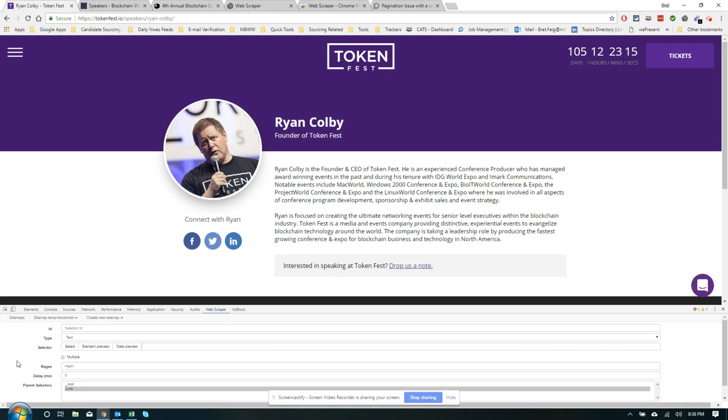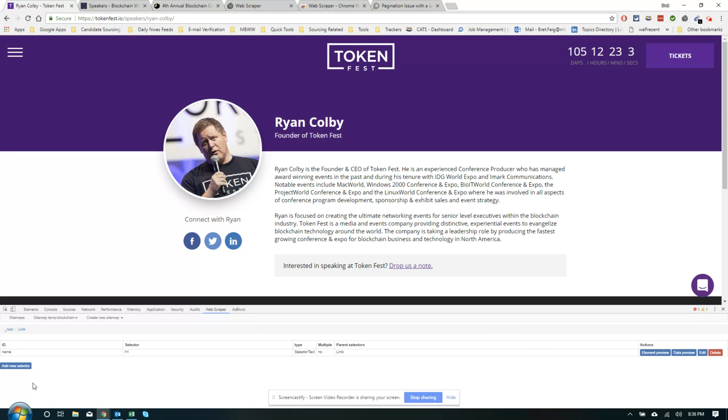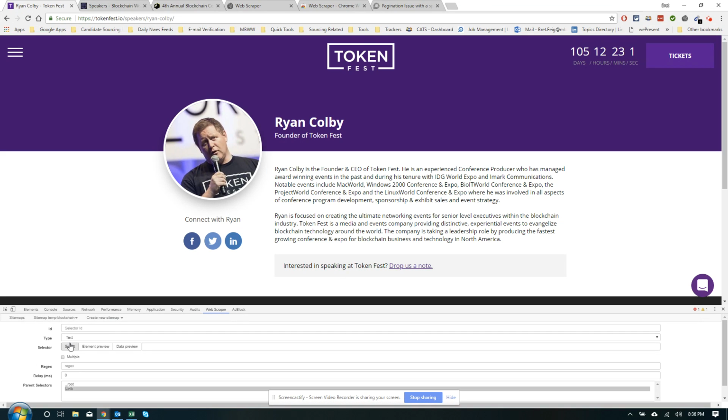So I'm going to add an element. It's going to be a text. So I'm going to go for the name, found it, H1, and I'm going to name it name. Again, I'm going to scroll down, just save it. Add another selector. It's still going to be a text. We're not changing that. I want to get the title here, founder. I'm going to name it